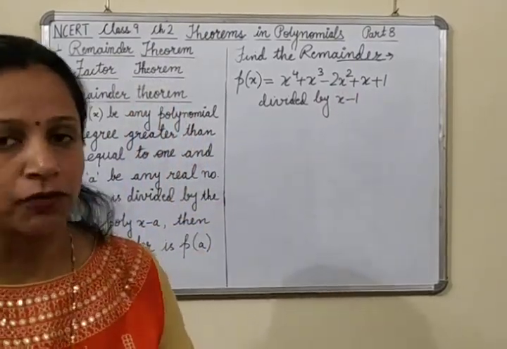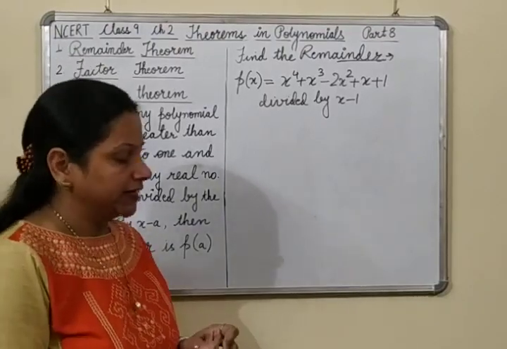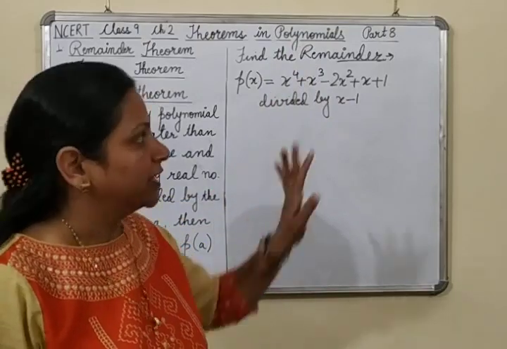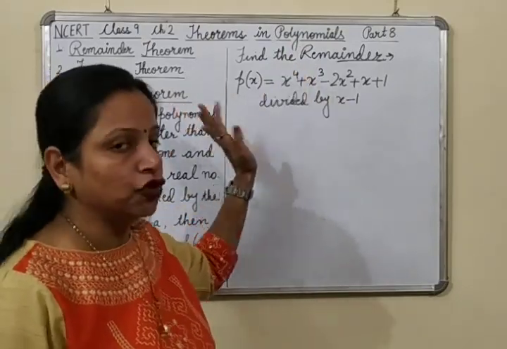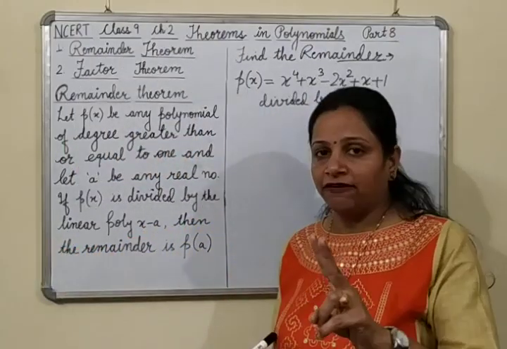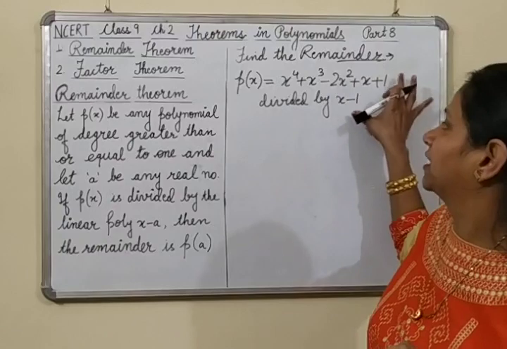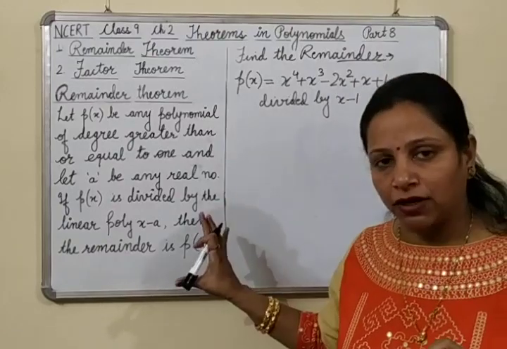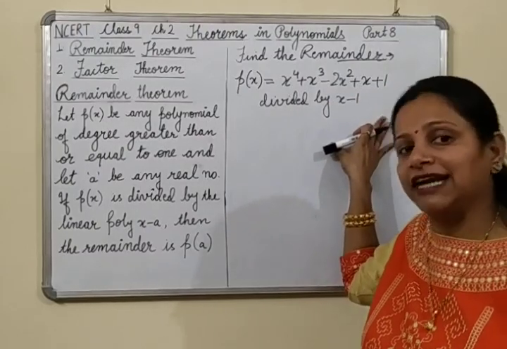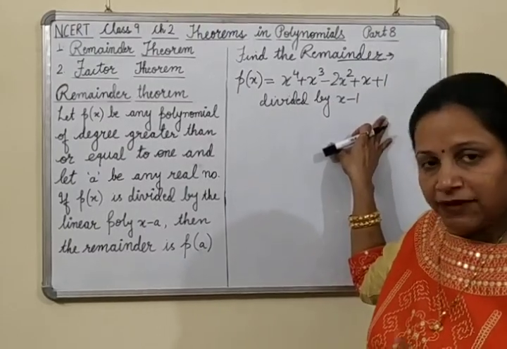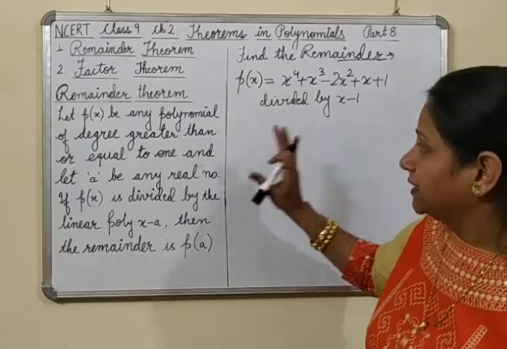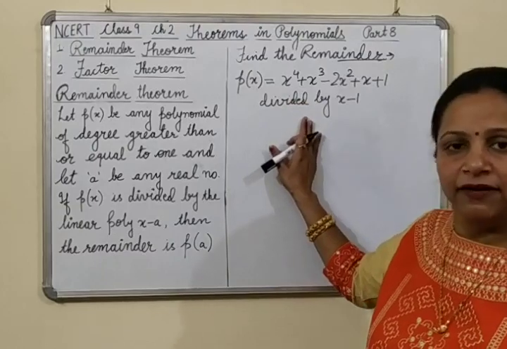Now just see the question properly. The question says that find the remainder. We have to get the remainder. They have not told us to apply the remainder theorem or what. They have just given the question that find the remainder. Now we have two cases with us. एक तो we can find the remainder by applying remainder theorem, or simply एक normal division method हमें पता है. We know the long division method that we have done in class 8. I'll be describing that in my next video. But here we will be applying the remainder theorem to find the remainder.